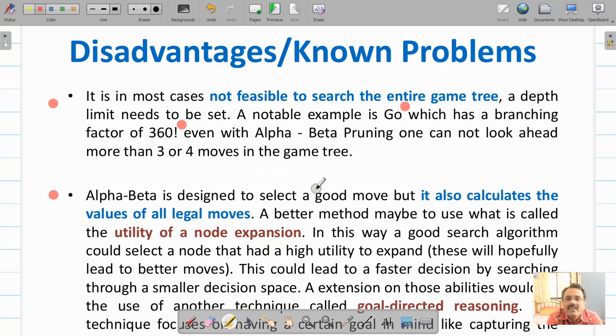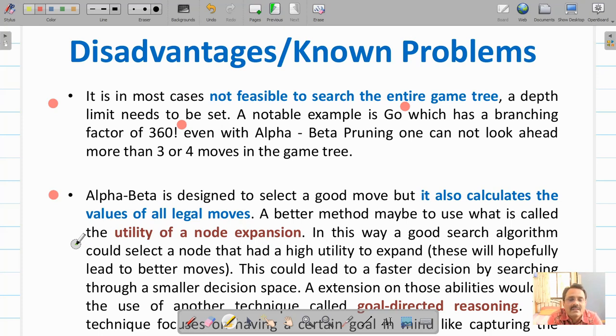Similarly, this alpha beta cutoff is designed to select a good move, but it also calculates the values of legal moves. Further improvement is possible, that a better move may be made by using utility of node expansion.